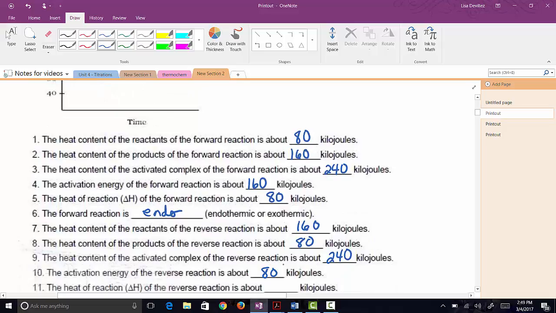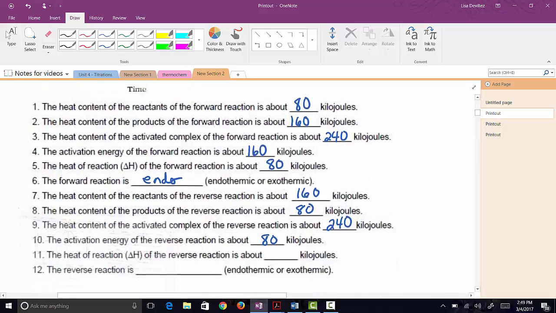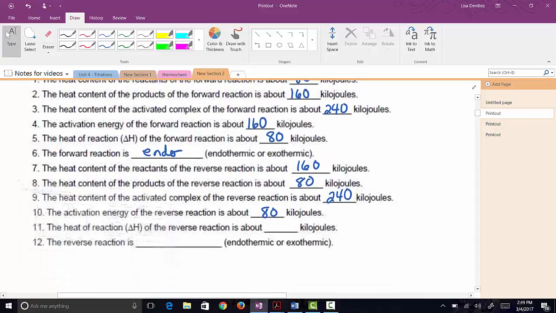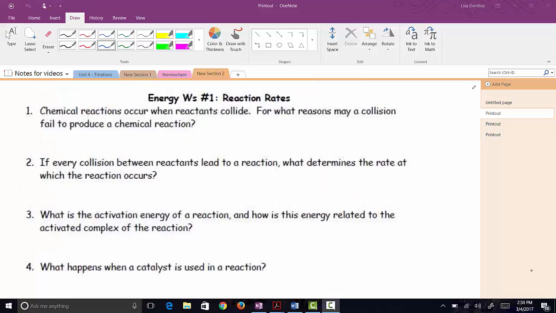The heat of reaction, or delta H of the reverse reaction, is going to be products 80 minus reactants 160, so that's going to be a negative 80, and the reverse reaction is exothermic. Okay, so we're going to use these questions to go further into our introduction